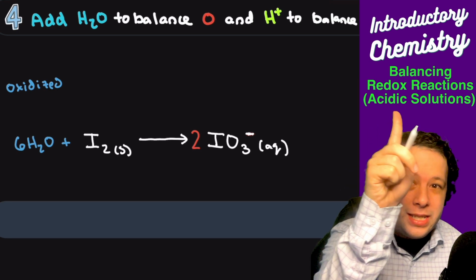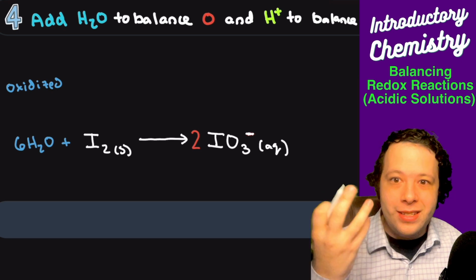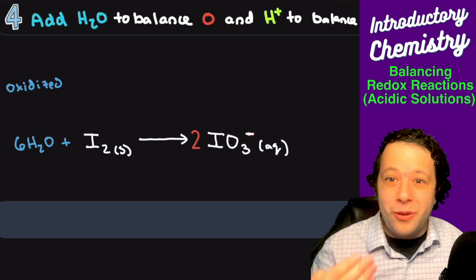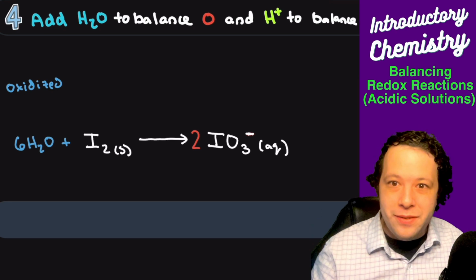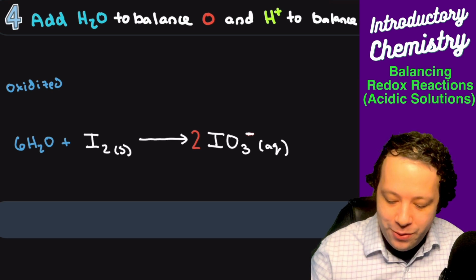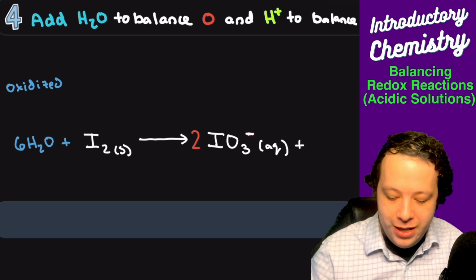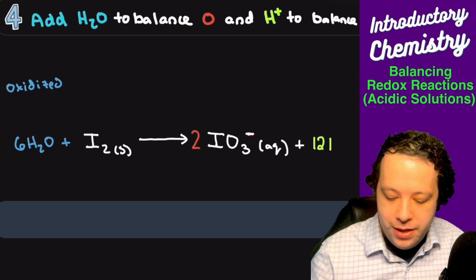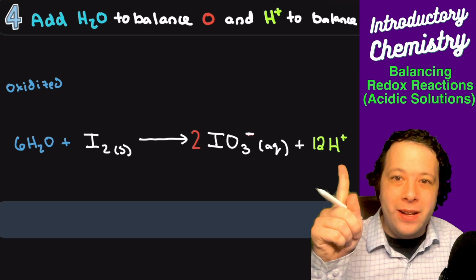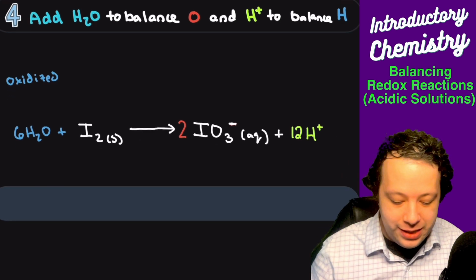Well, it's all about the problem. Notice how it says acidic solution. What does that mean? Solution, solvent, solute. The solvent is water, so this is occurring in water, and there's going to be acid involved, meaning there are going to be protons floating around. So not only do I add water, but I also have to balance those hydrogens I just added by adding protons. Being that I added 6 waters, that means I added 6 hydrogens, so I'm going to balance that by adding 12 hydrogens to the other side.